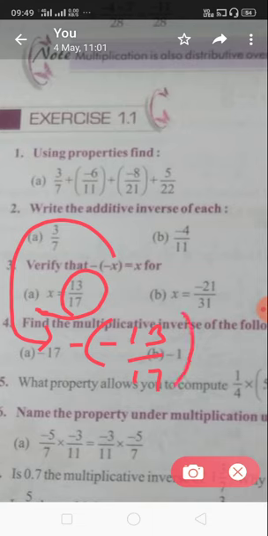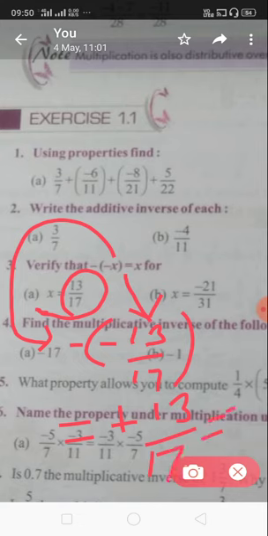Okay. Now see here. The question is telling that minus of minus x. Okay, so I have written the value only in place of x. See here, is it right? Now you see here, this negative and negative sign multiplied become the positive sign. So plus 13 upon 17. Yes, is it equal to x? Is it equal to x? X is given as how much? Minus 13 upon 17. It means it is verified.